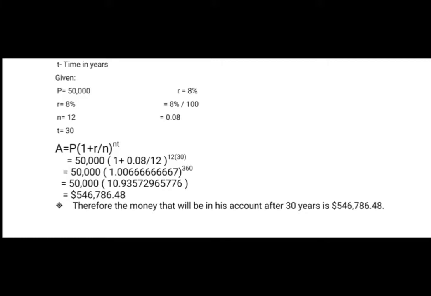So 0.08 divided by 12 is 0.0066666, plus 1. That comes up with 1.006666. And in its exponent, 12 times 30, the answer is 360. As the process goes on, bring down 50,000, and 1.0066667 raised to the power of 360 gives